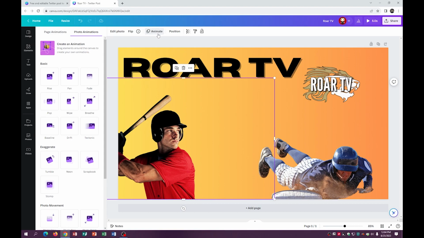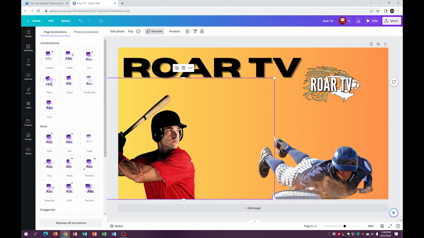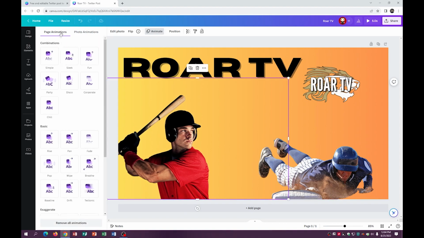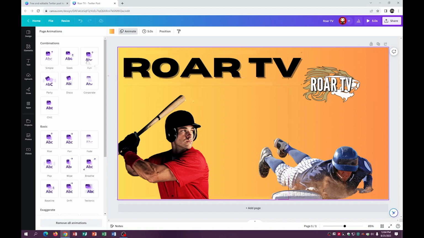So the animate button's up here. That's the position. You can click and drag or whatever. Your copy style, you're going to copy it or whatever. Transparency, if you want to make it transparent or whatever. You can play with some of these. But the basic stuff's right here, and then once you get your stuff in there, you can